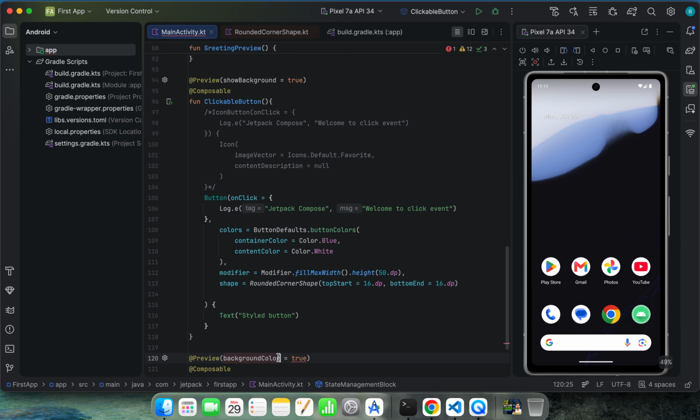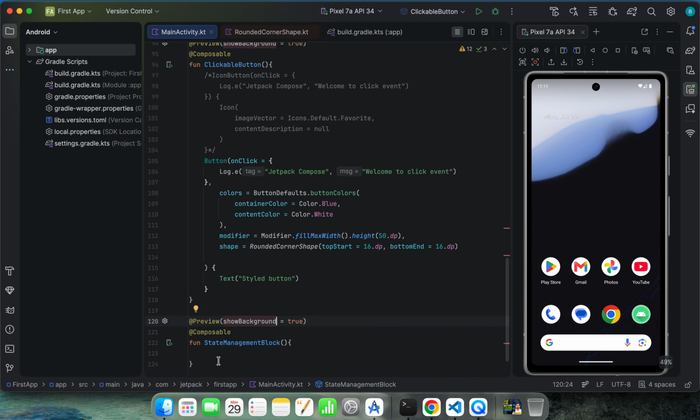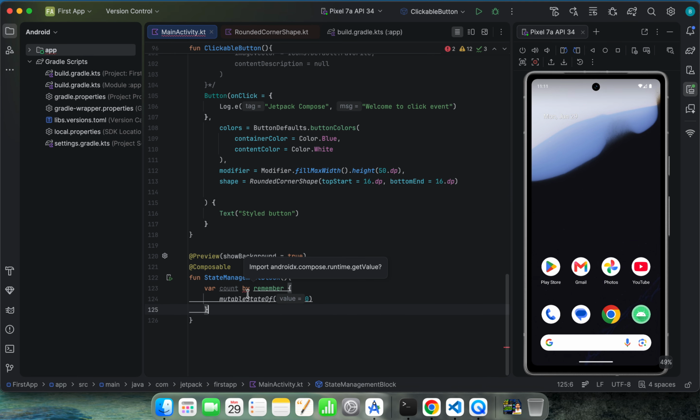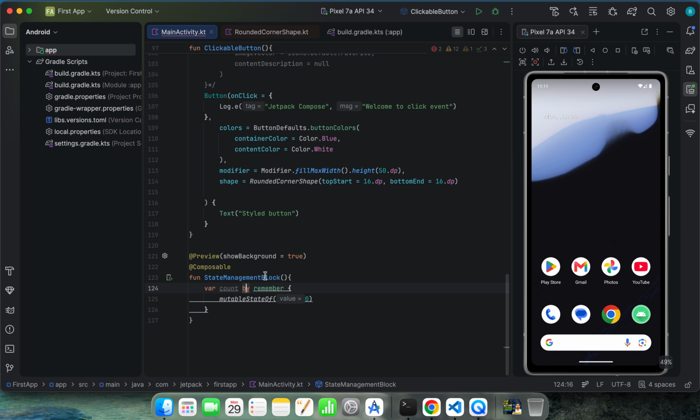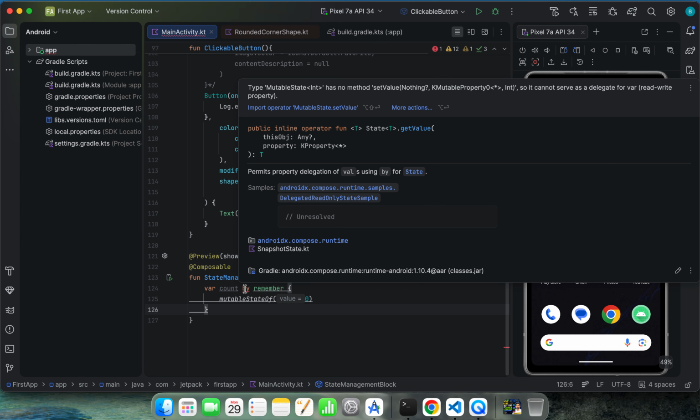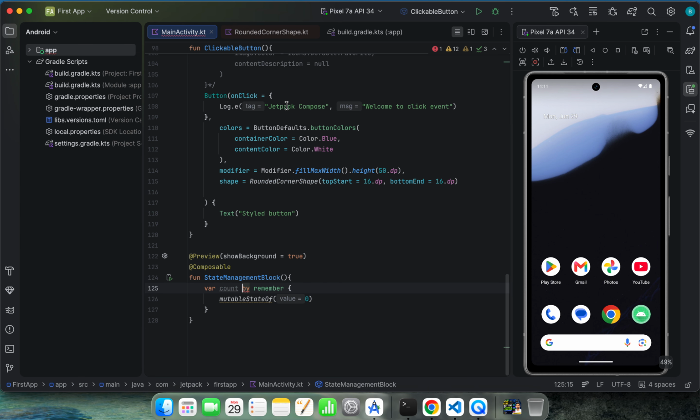Back, show background, not a background color. And here we have set the okay. Now we create a